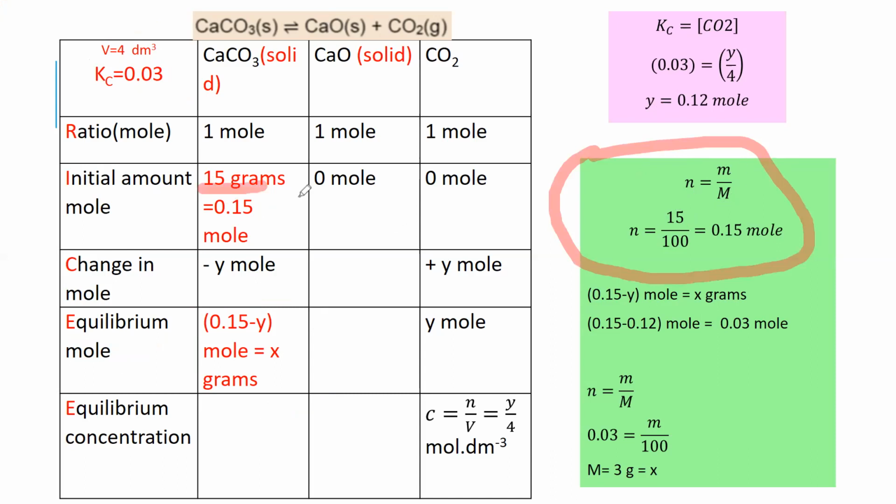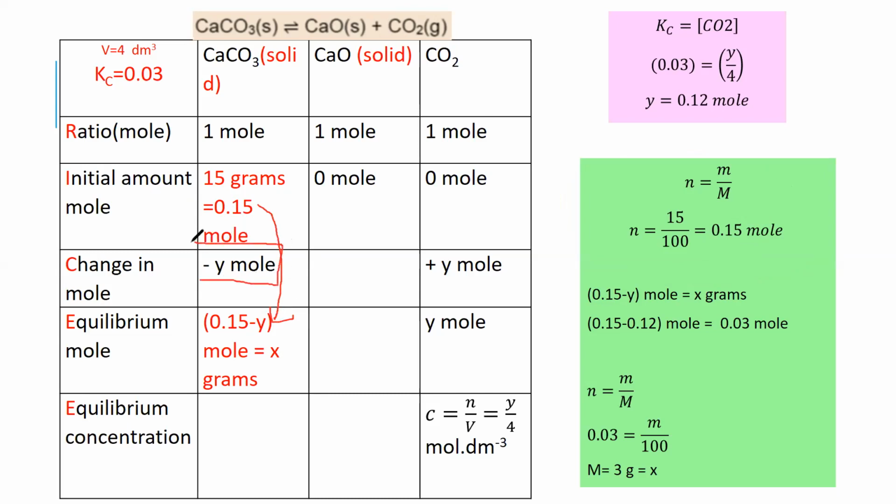Sample mass is equal to 15 grams and the molar mass of calcium carbonate is 100 grams. 15 divided by 100, you can easily calculate 0.15 moles. So we convert the initial amount into number of moles. And then imagine that until it reaches equilibrium from 0.15 into equilibrium, Y